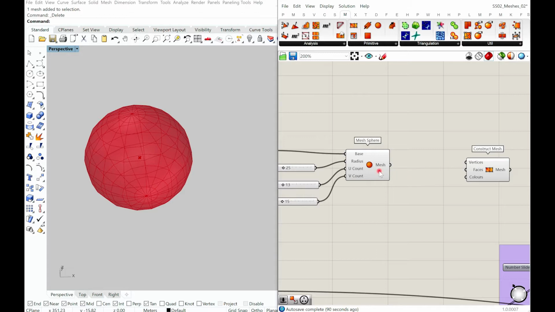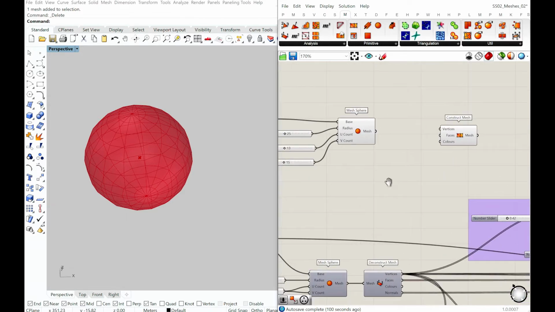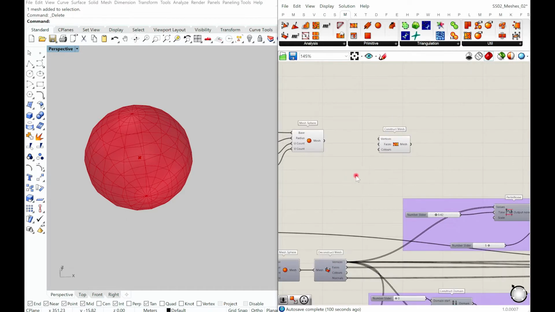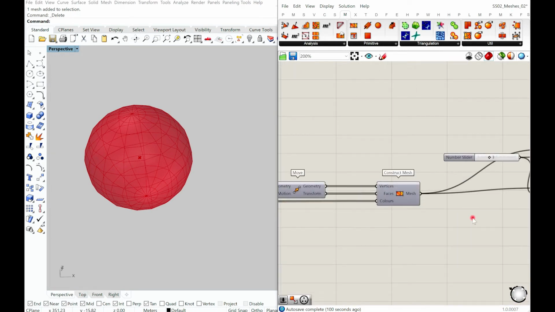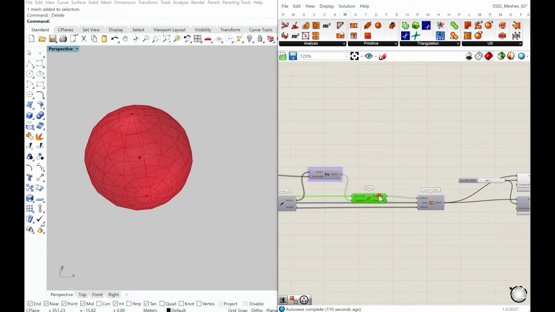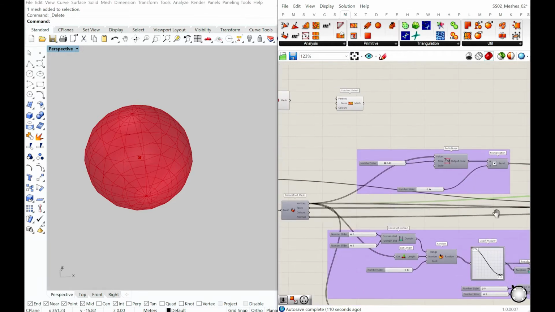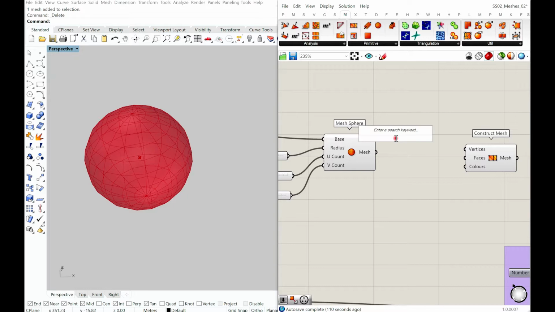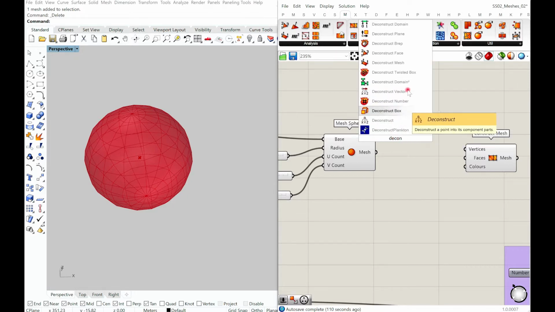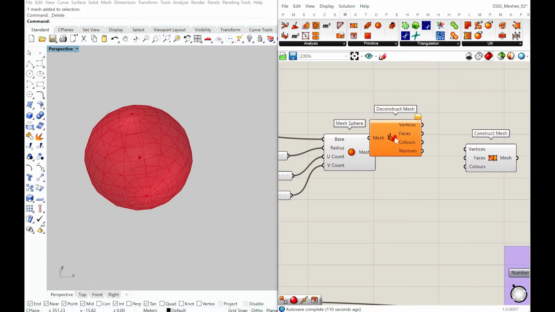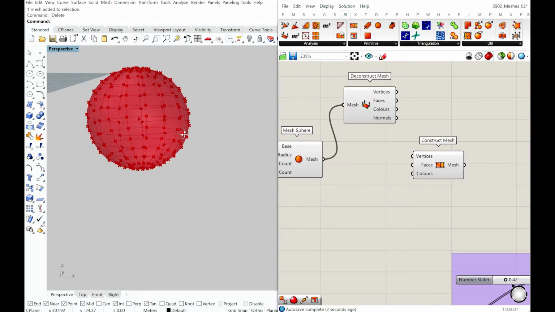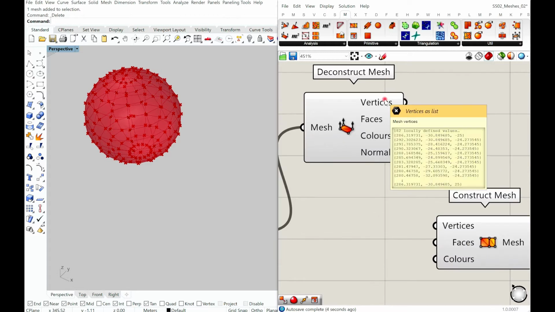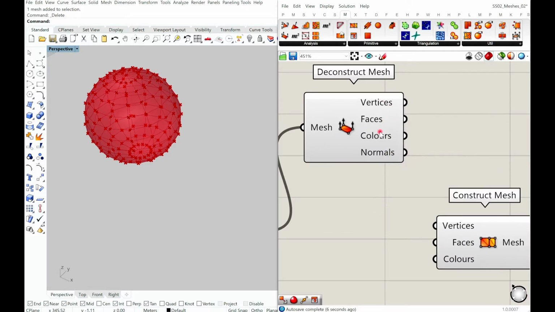So let's say I have a mesh here and I want to make a new mesh out of it. I'm going to use a command called deconstruct mesh. What deconstruct mesh does is break it into its constituent parts, which is your faces and your vertices separate, and your colors and the normals.